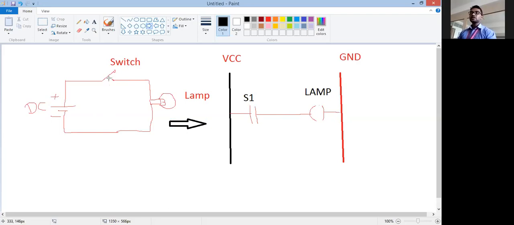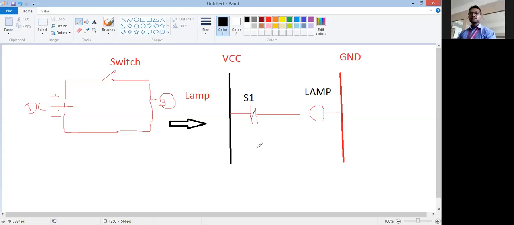When this switch is pressed, the lamp turns on. Similarly here, when the switch is pressed, the connection is made like this. As you can see, these two vertical lines are there for an NO connection, simply NO, normally open. Whatever connections are there in a relay, NO means normally open and NC means normally closed.